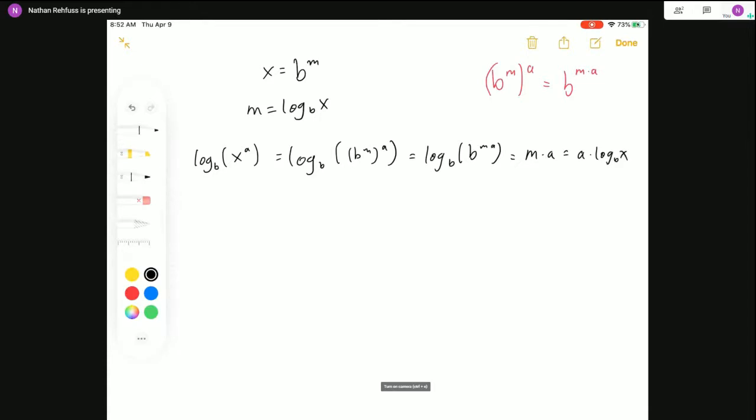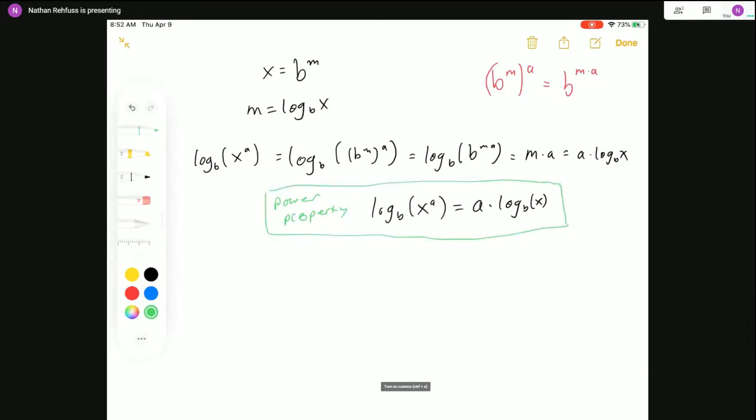So in other words, log base b of x to the a, an exponent inside the log, is equal to a times log base b of x. It's multiplication outside the log. I call this the power property, if you need a name for it. Any questions here? Well, if not,